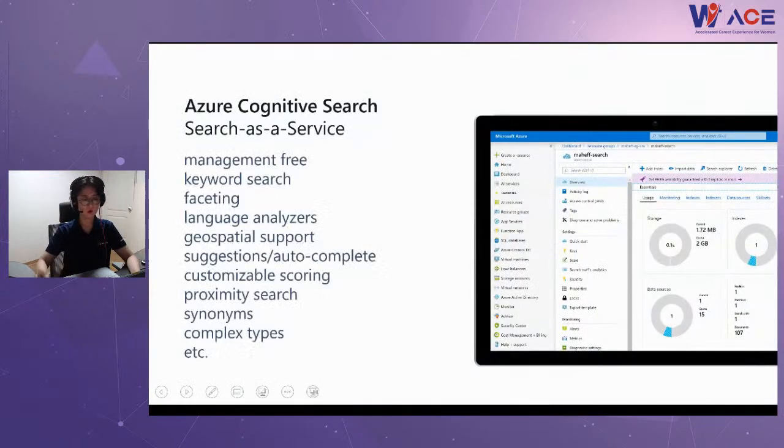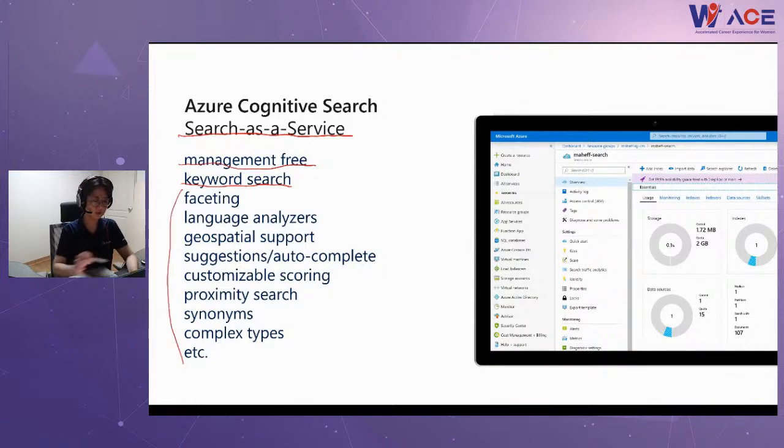So, what is Azure Cognitive Search again? It is search as a service, which means it's fully managed by the Microsoft Azure platform. And like other search, it provides keyword searching and it can also provide semantic search. Other than this, cognitive search provides lots of other features.